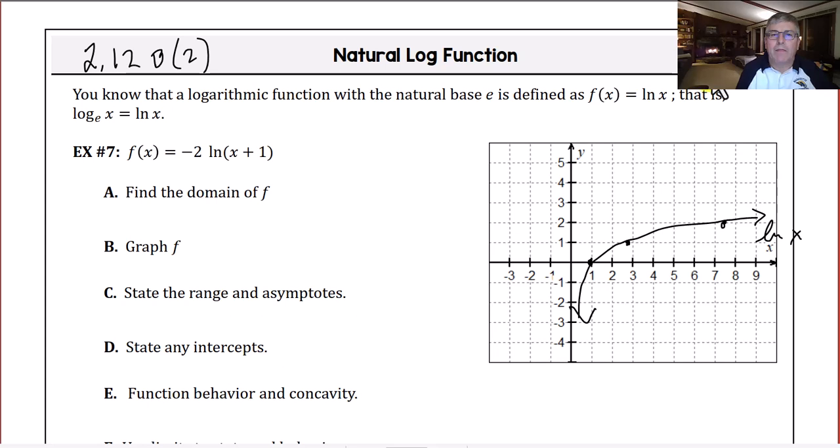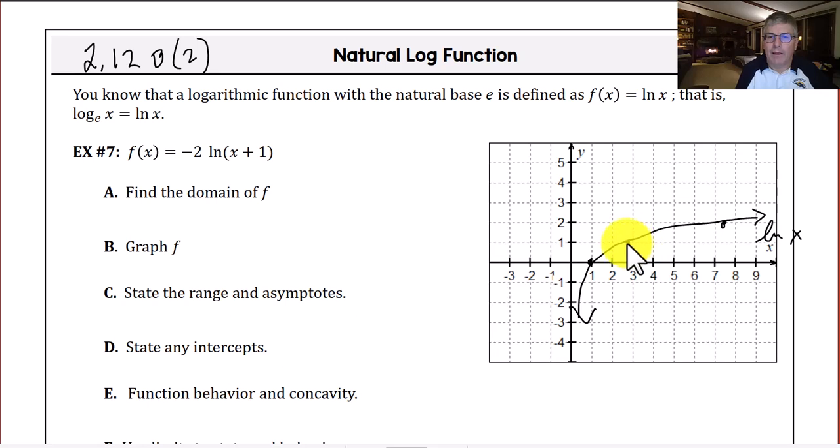Welcome back. The objective of this video is to study transformations using the natural log function. Some of this is just putting it all together. So the natural log of x, of course, is log base e of x. I've taken the liberty to graph the natural log of x function. Keep in mind that e is about 2.7, and so